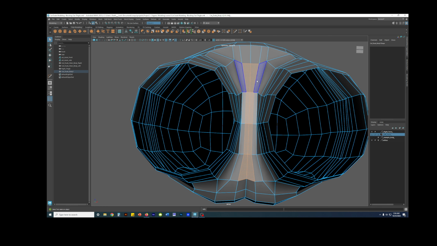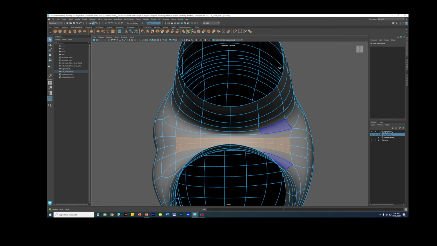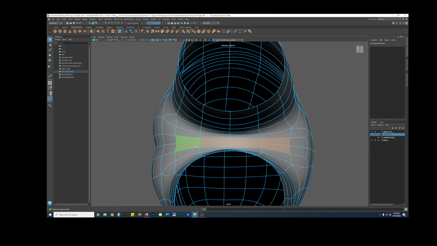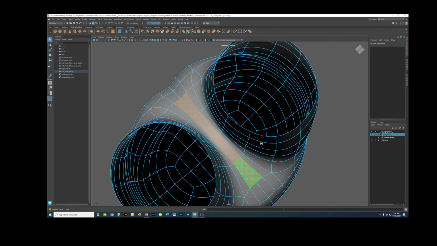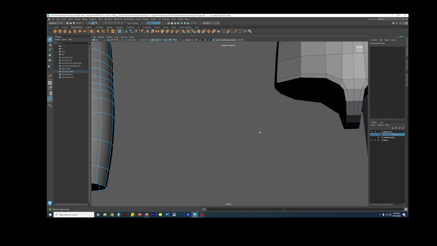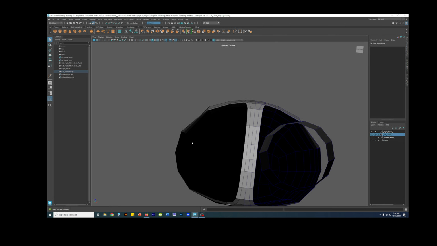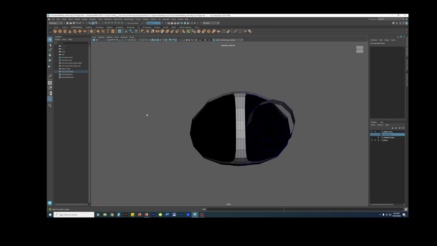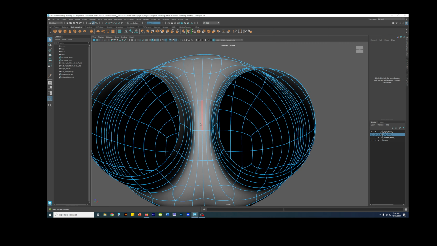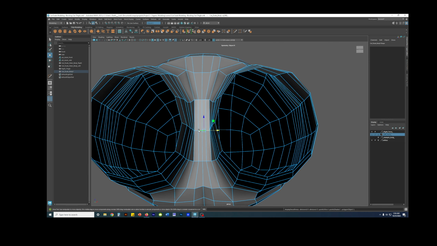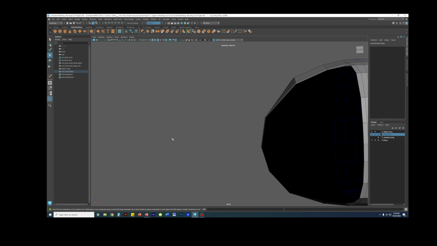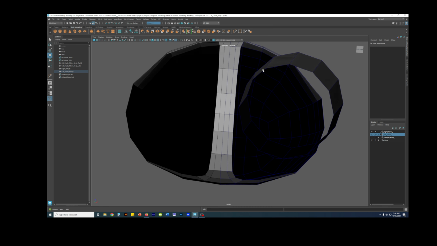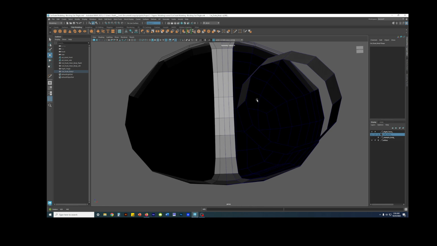Four train tracks, or you could say topology lines, right? Whereas here, I have much more than that. So if I'm using this as a point of reference, right down the middle of the crotch,